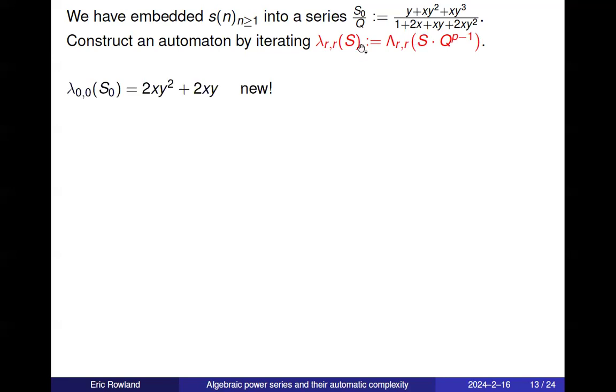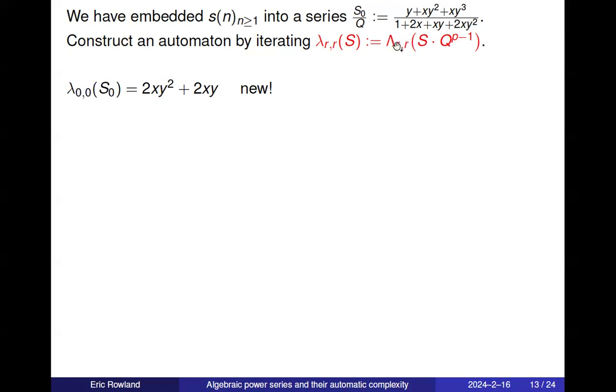So we're going to represent states not by the first few terms of a subsequence now, but by a bivariate polynomial. This will be the initial state when we apply this function to it, lambda 0, 0. So we multiply by q to the p minus 1, and then take the old Cartier operator where we take every